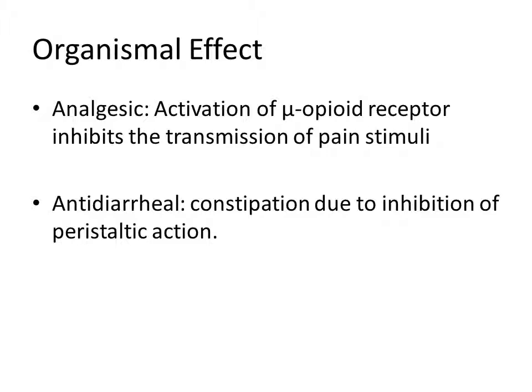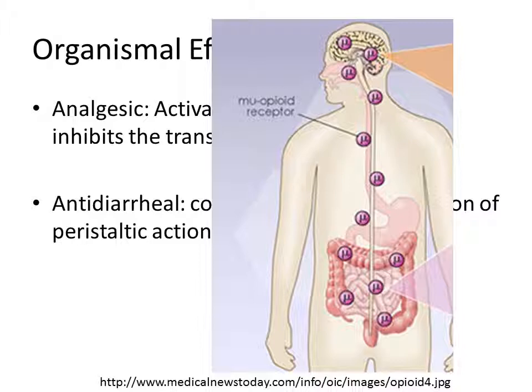Codeine and other analgesic opioids also have the potential side effect of constipation, and for this reason are sometimes used as antidiarrheals. The cause of constipation with the treatment of codeine is the mu opioid receptors located in the GI tract. When these are activated in the intestine, the peristaltic action is inhibited and slows down the movement through the bowels.